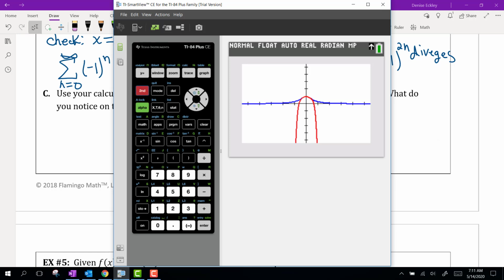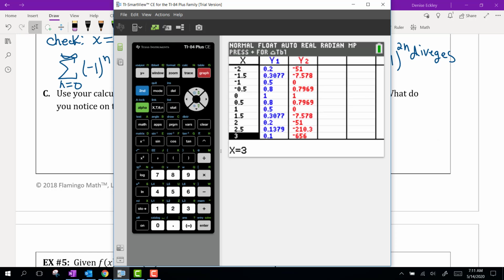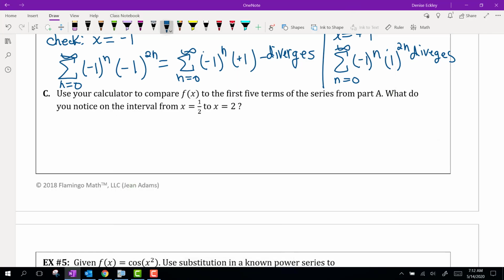If we look at the table, what we see is starting from 1/2, they're very close. The function itself in blue is 0.8, and our polynomial is at 0.7969. And then at 1, they're already starting to pull apart. We're at 0.5 for the real function and 0 for our approximation. And then you can see from 1.5 to 2, there's a huge gap in the values between the actual function and our polynomial. So what we can say here is that on the interval,